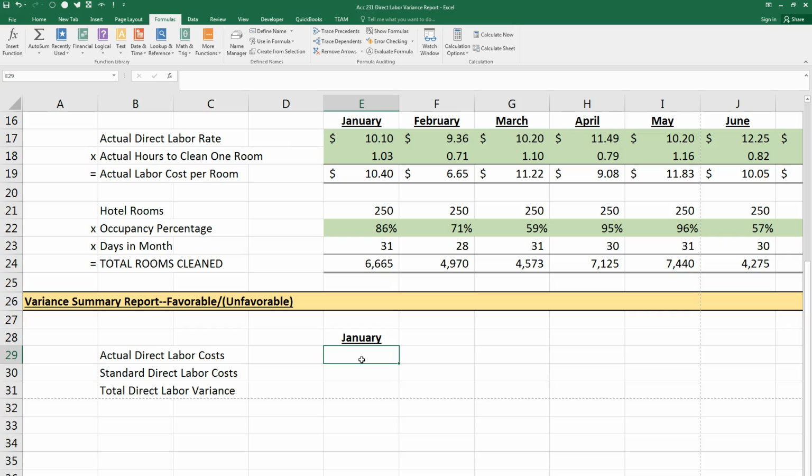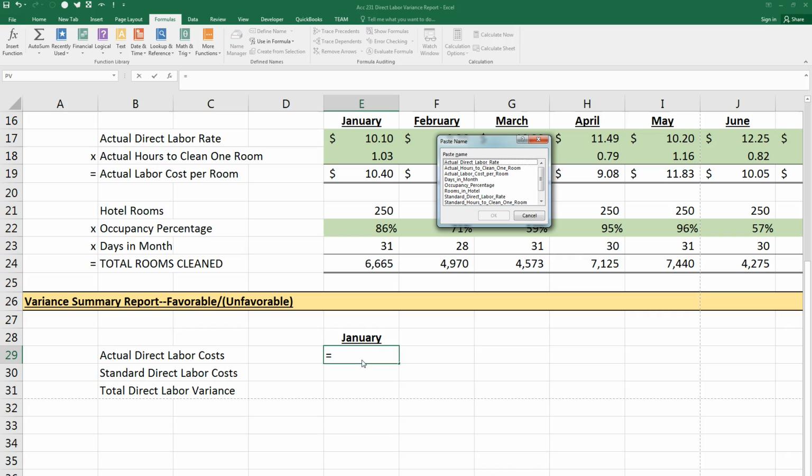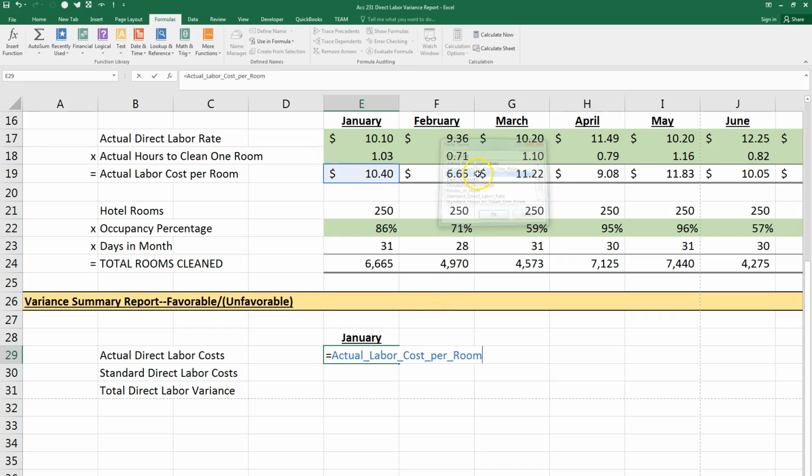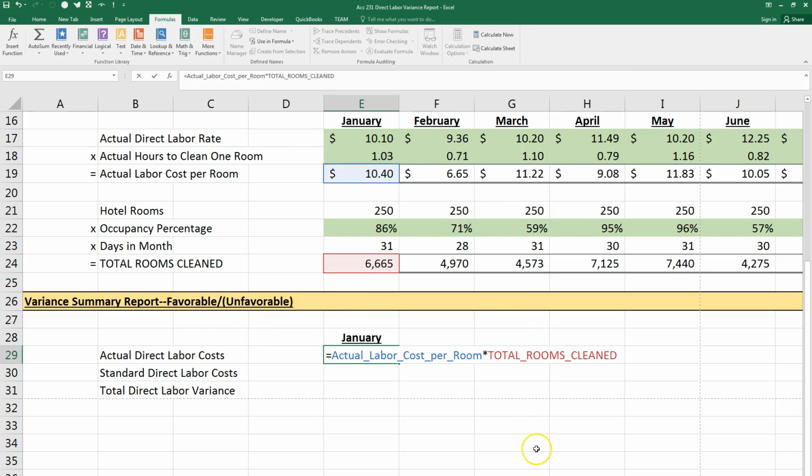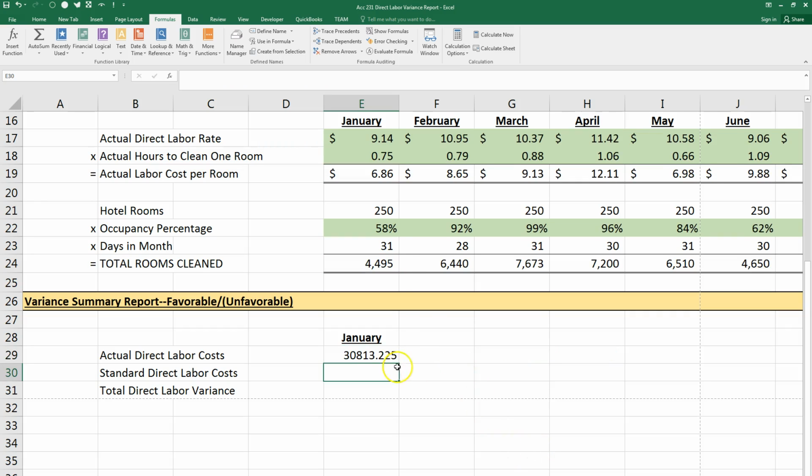So we can find our actual direct labor costs. Remember, we have to hit F3. You can't just click on it. So our actual labor cost per room. Okay, not the rate. Don't confuse this. We're looking for the costs here. So it's the cost per room times the total rooms cleaned. Okay, let's make that an